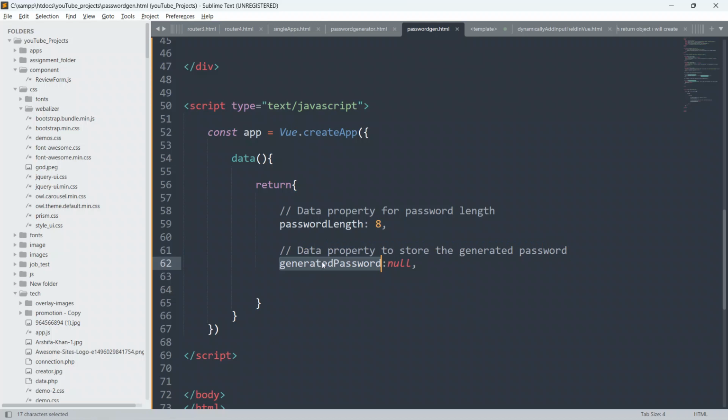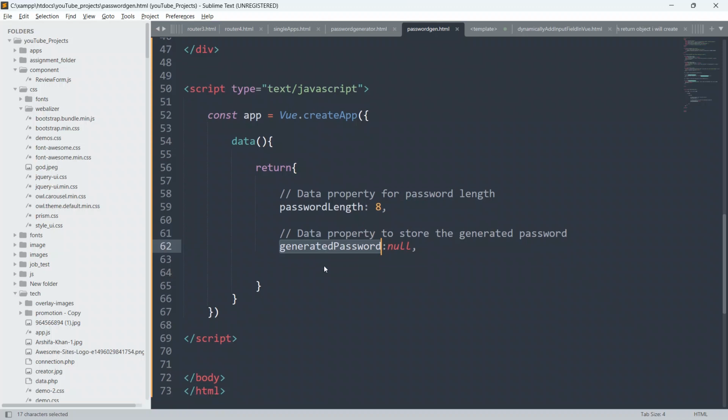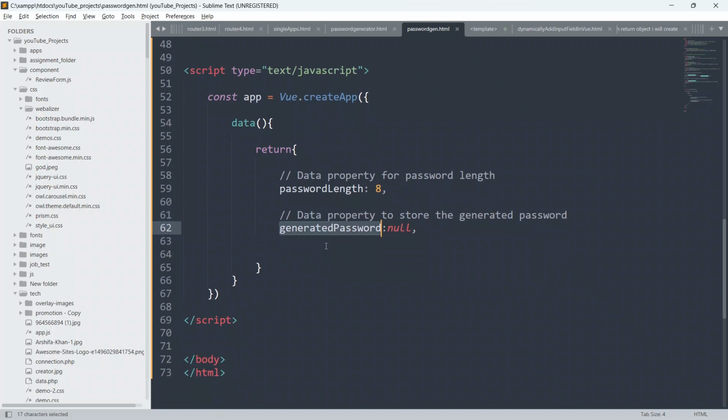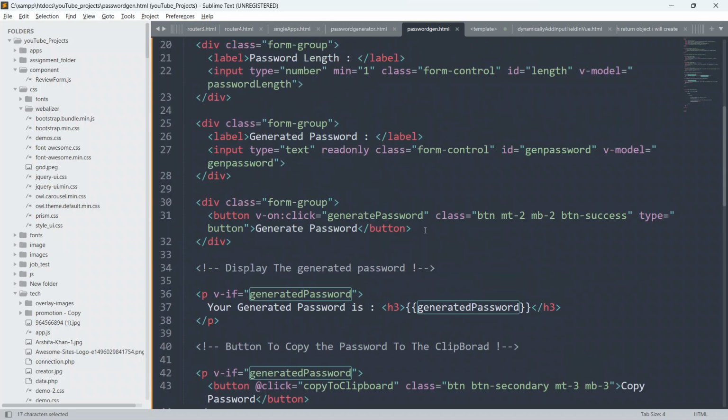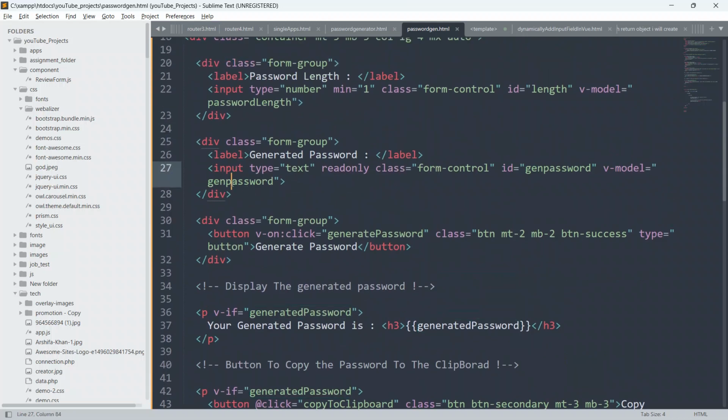This data property generatedPassword is a variable which will hold the generated password. So now I'll give this generatedPassword as blank, as empty.